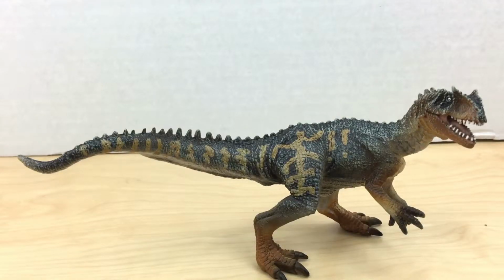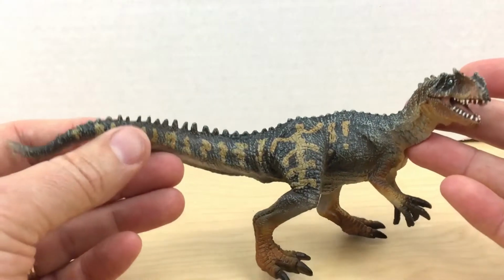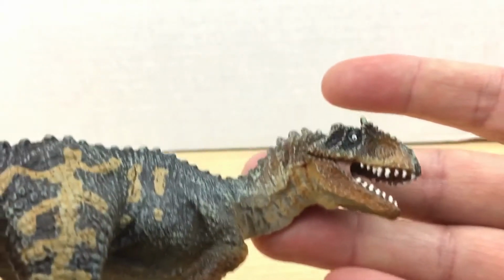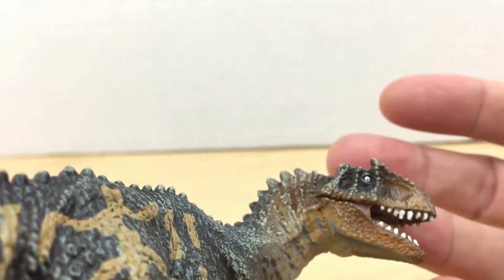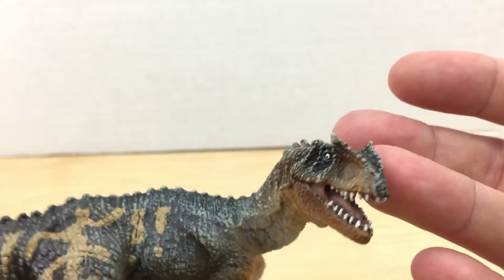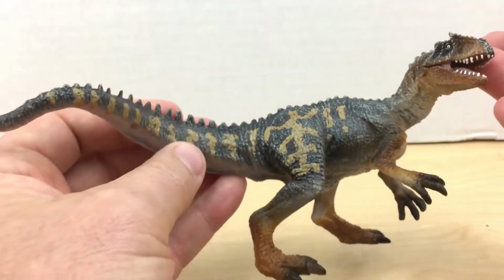Next up is the Mojo 387274. This is actually a surprising figure to me, as normally I'm not the biggest fan of the Mojo figures, but I actually think they did a very nice job with this figure. It does not have an articulated jaw, however it still does have some of the mouth folds in the sculpt. Decent teeth, nice crown and horns, and